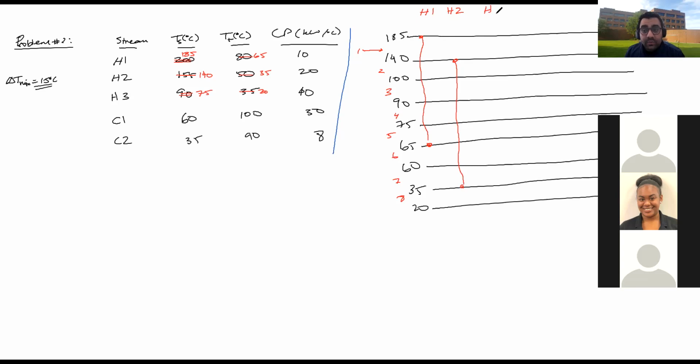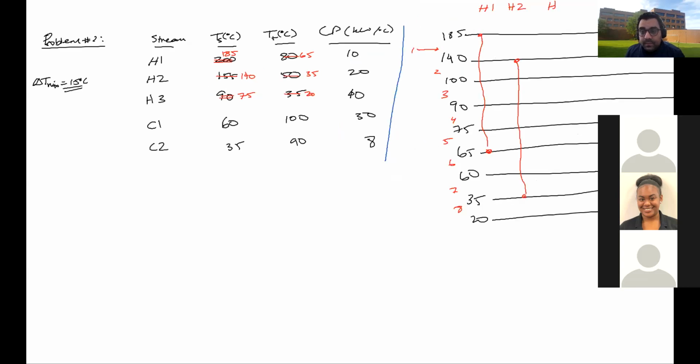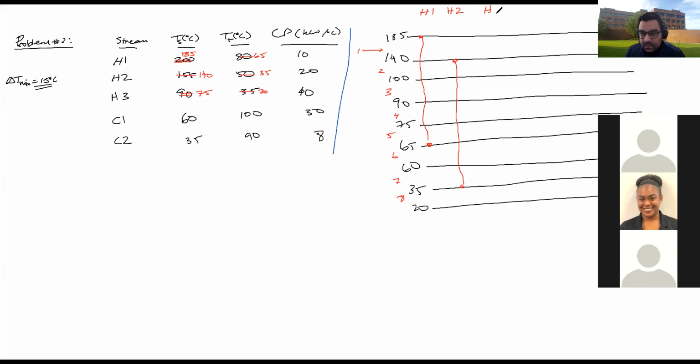I have H3, which goes from 75 to 20. C1 goes from 60 all the way to 100. And then I have C2 going from 35 all the way to 90. Okay, so these are my intervals. I drew all my streams on it. So now let's